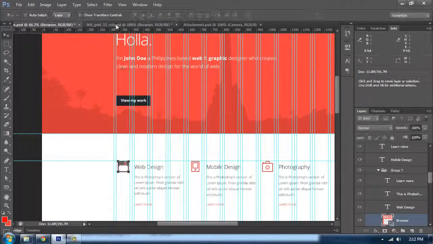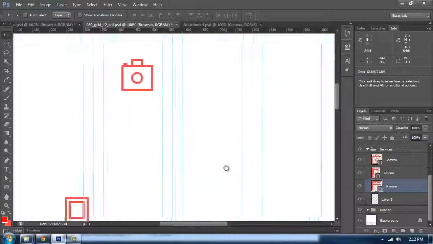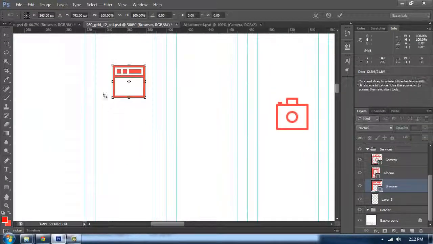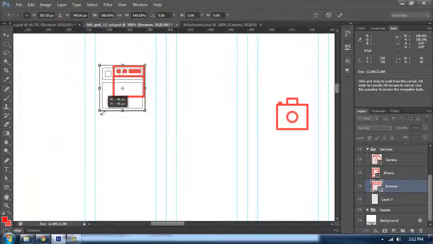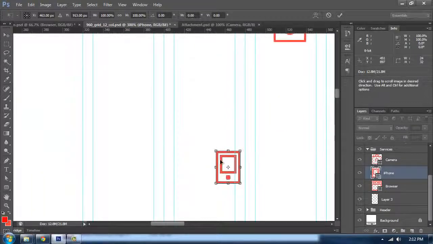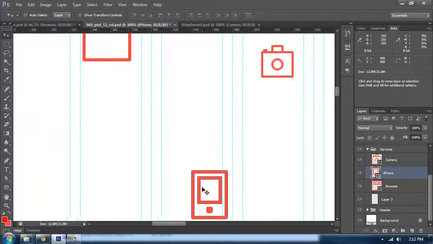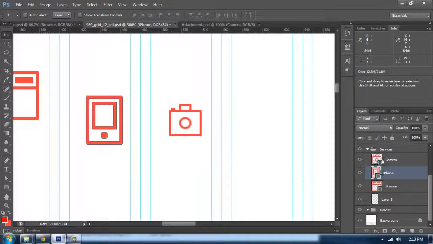I think it's 48. Yeah, 48. So for the browser, resize it and make it 48 pixel, like that. Do the same for this iPhone, so 48, and for the camera,